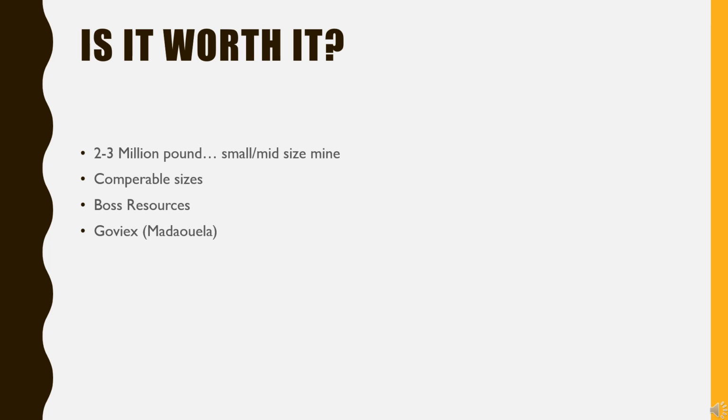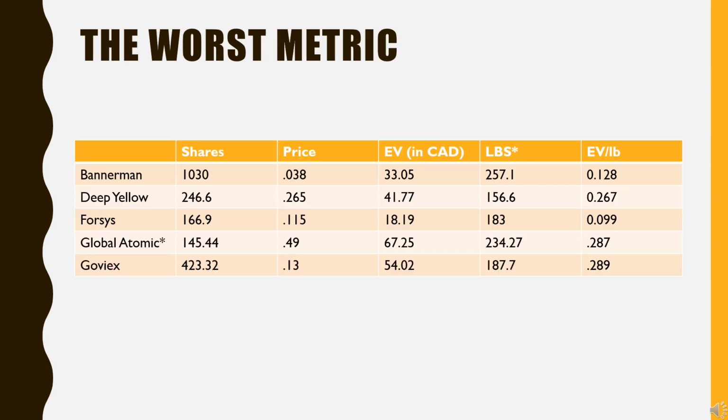So with Deep Yellow, we're looking at a mine, they said 2 to 3 million pounds. That's still a small to medium-sized mine, with the close comparables being Boss Resources or GoviX's Madaouela. So there are a few other mines of that size, and look at the feasibility numbers to see what incentivizes those. And it's probably higher than most would expect, even when we're looking forward at the most recent numbers being from a few years ago. So I said I would compare them on a bit of a head-to-head basis, and I'm